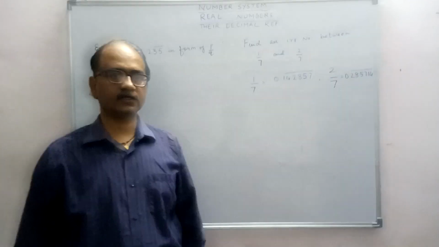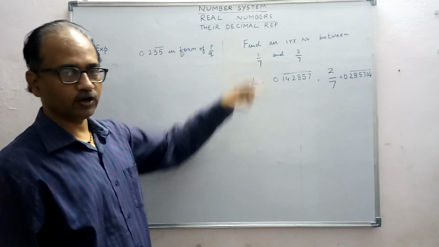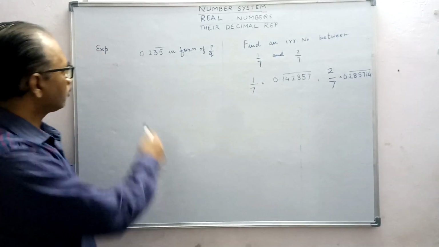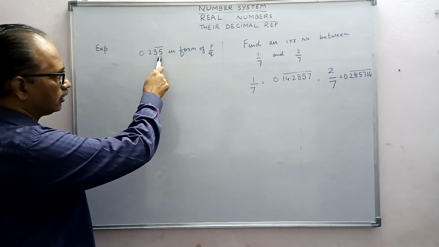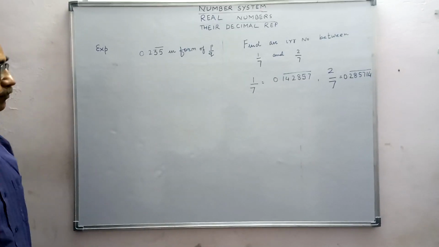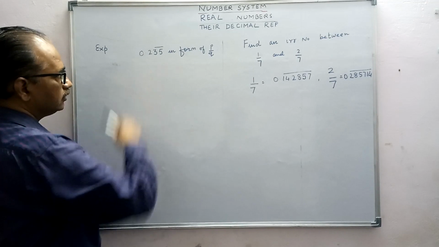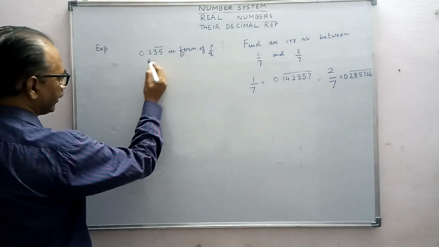Real numbers and their decimal representation. Now here we often face these types of problems. First problem is: express 0.235 bar in the form of P by Q. You see here the bar is on 3 and 5 only. That means the value of this number is